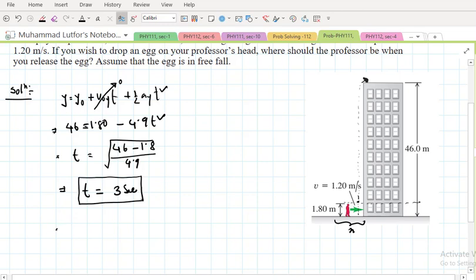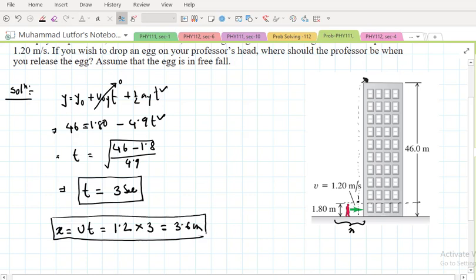Fine. Now we are going to find out where the professor is 3 seconds before. If he wants to travel that distance at a constant velocity, then x would be v times t, right? v is given, which is 1.2, and t is 3 seconds. So 1.2 times 3 is 3.6 meters. That means when you drop the egg from the top of this tower, if the tower is 46 meters high and the professor's height is 1.8 meters, and the professor is 3.6 meters away from the building, then there is a probability the egg is going to